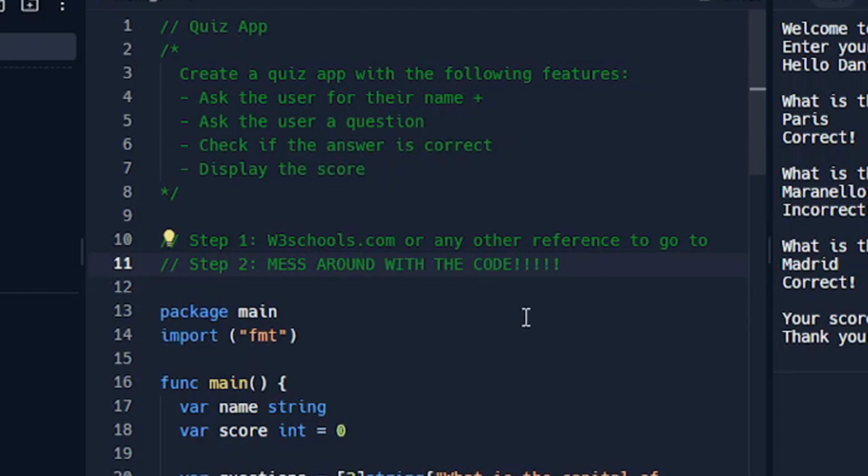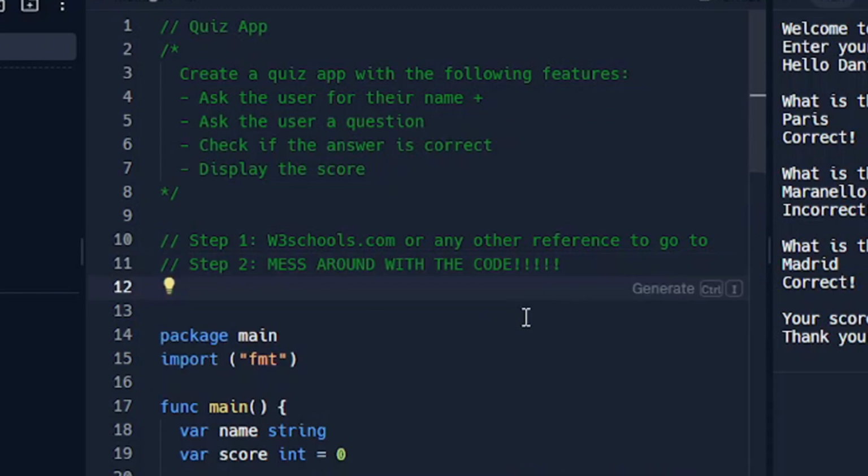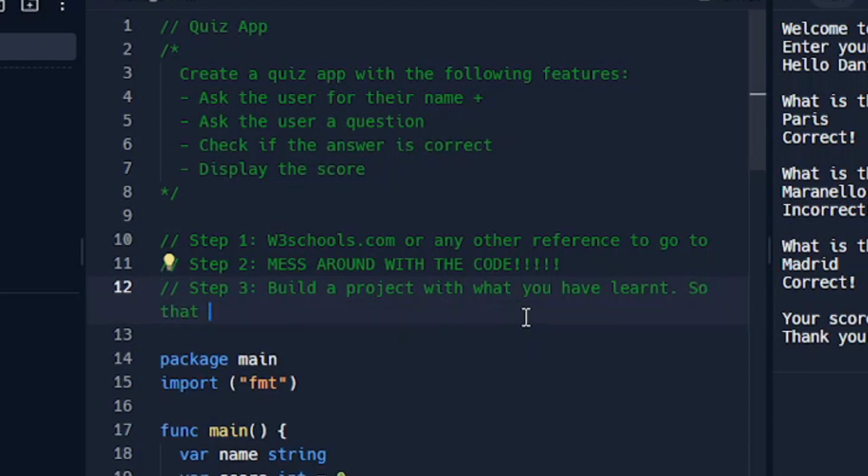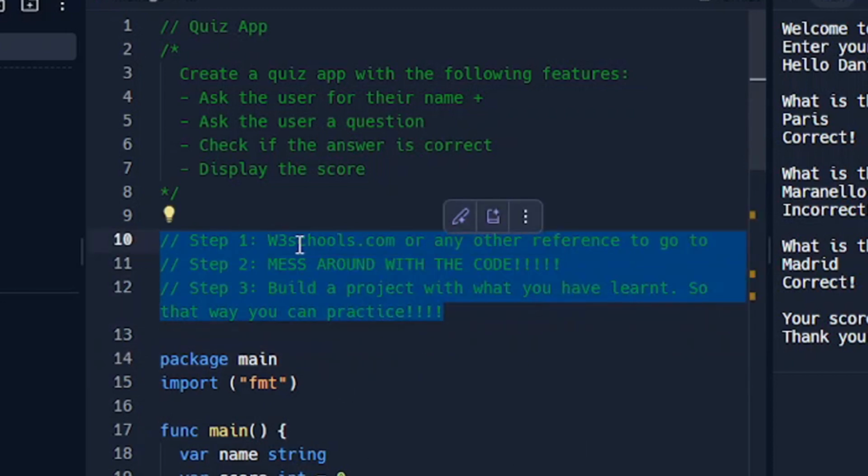You got to mess around with the code, try different things, find errors, you name it. Then step 3 is to just build a project with what you have learned, so that way you can practice. There you go. So that's the 3-step process. Find a way to learn it, mess around, and build a project.